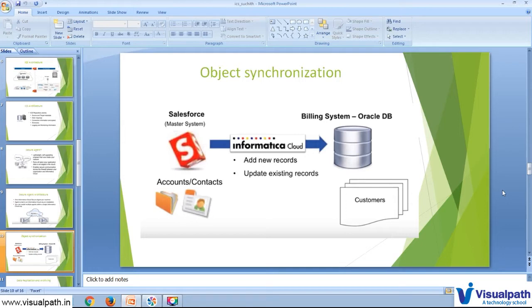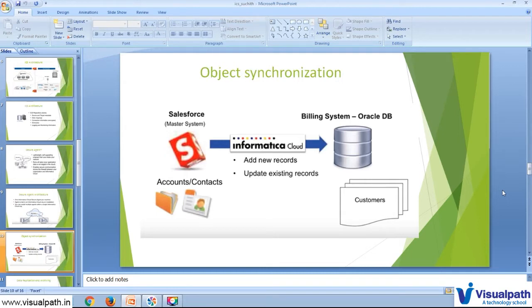But in the Informatica Cloud, it is a single one-step approach. Okay, just create a synchronization, select the source, select the target and run it. Here we don't need to create any sessions, you don't need to create any workflows or anything like that. Okay, it's a simpler way. So in Informatica Cloud we do not have the concept called workflows. Directly you can create any task and you can run any task and you can automate the task and you can run it at any time. That is the advantage of having the Informatica Cloud.